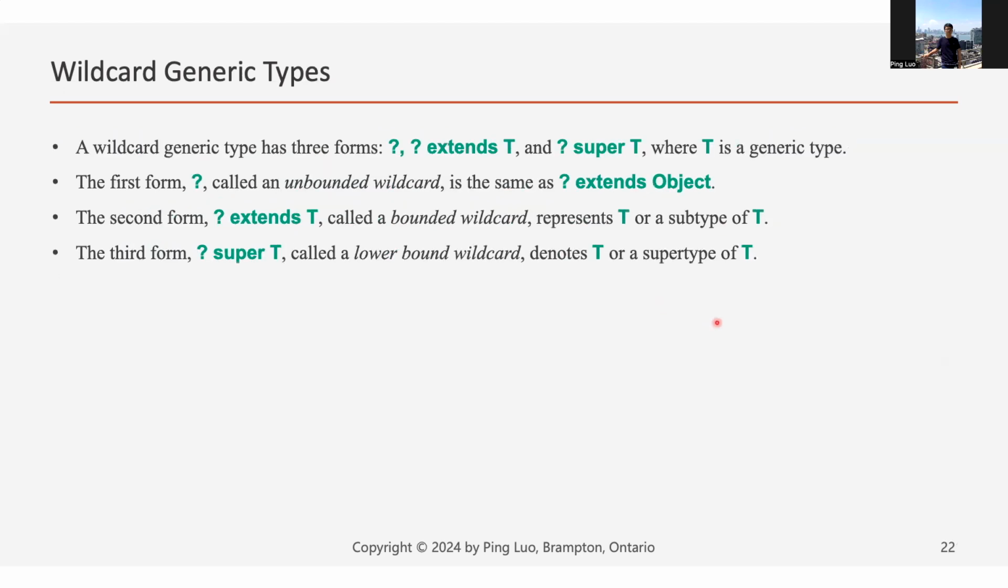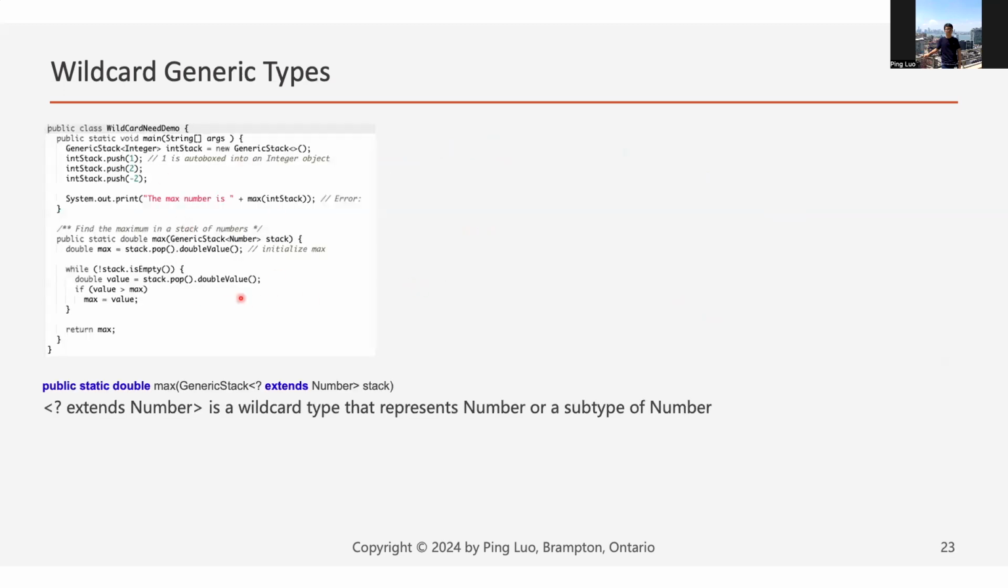If we want to use it, we have to use this thing called wildcard generic, which is basically that you can use a question mark, or question mark extends T, question mark super T, to represent two things that are connected with each other. For example, for this specific code, we have to revise this to question mark extends number. This means that although generic stack integer is not a generic stack number, this way we can use it directly. I know it's a little bit confusing,